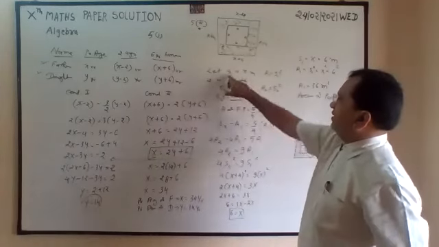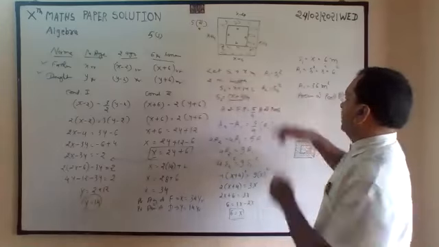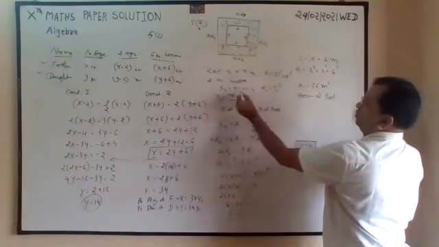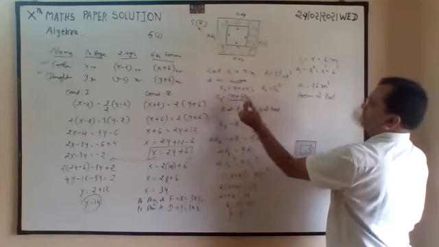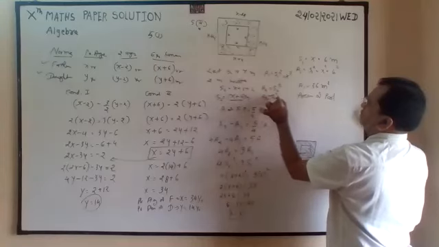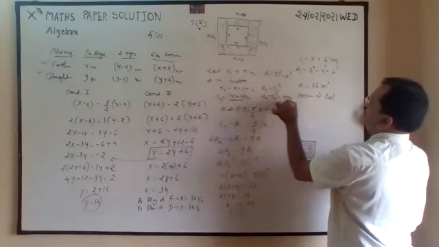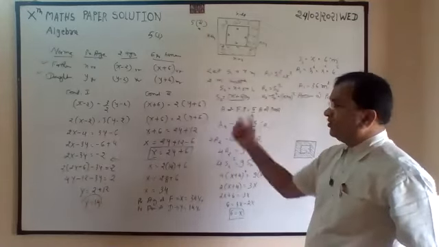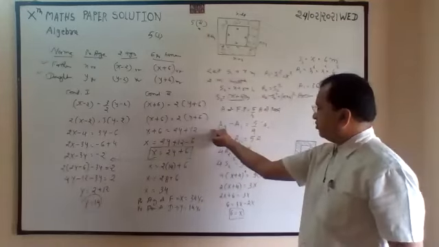Correct. So side 1 is x. So area 1 is equal to side 1 square is equal to x square. Side 2 is equal to x plus 2 plus 2, so this x plus 4. So area 2 is equal to side 2 square is equal to x plus 4 square. Now given condition, ring, that ring means bigger square minus smaller